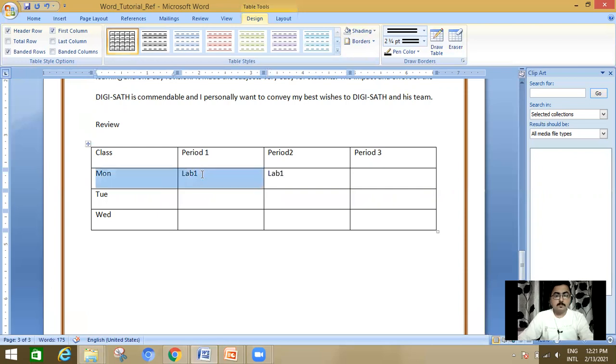Okay, for example, science lab. Because in these two periods, the same lab is to be conducted. So these two cells are merged into a single one. So how is it to be done?